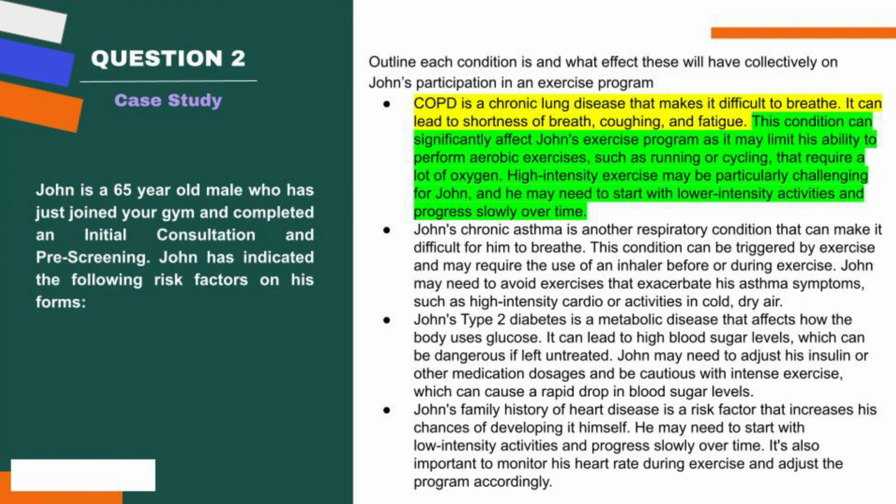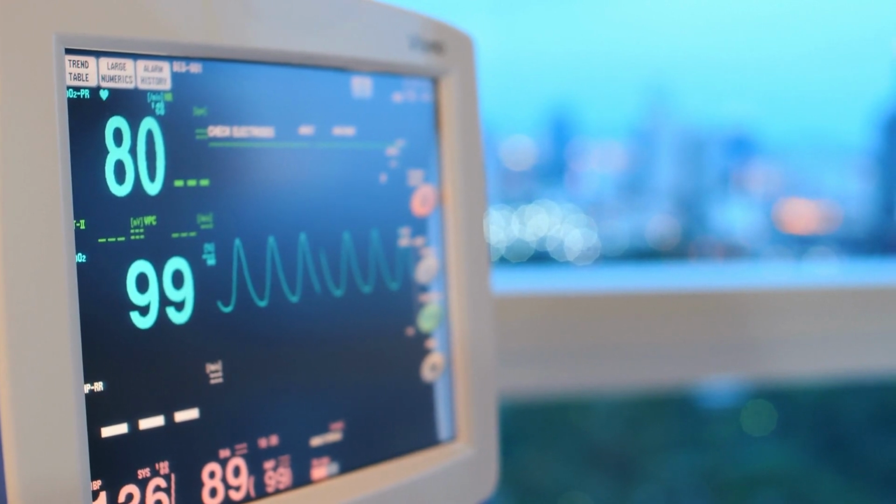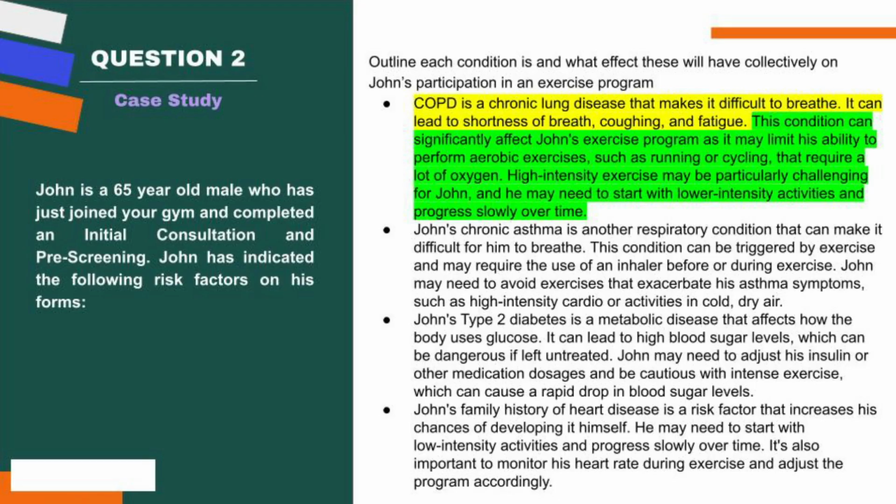Lastly, John has a family history of heart disease. On the screening tool, he's noted that his father had a heart attack when he was younger than 55. So that attributes a risk factor on the screening tool. This means that he's far more likely to have cardiovascular issues, because of it being a genetic predisposition, or a hereditary condition. So this just means that we're going to do everything we can to look at and take care of John's cardiovascular health, and consider